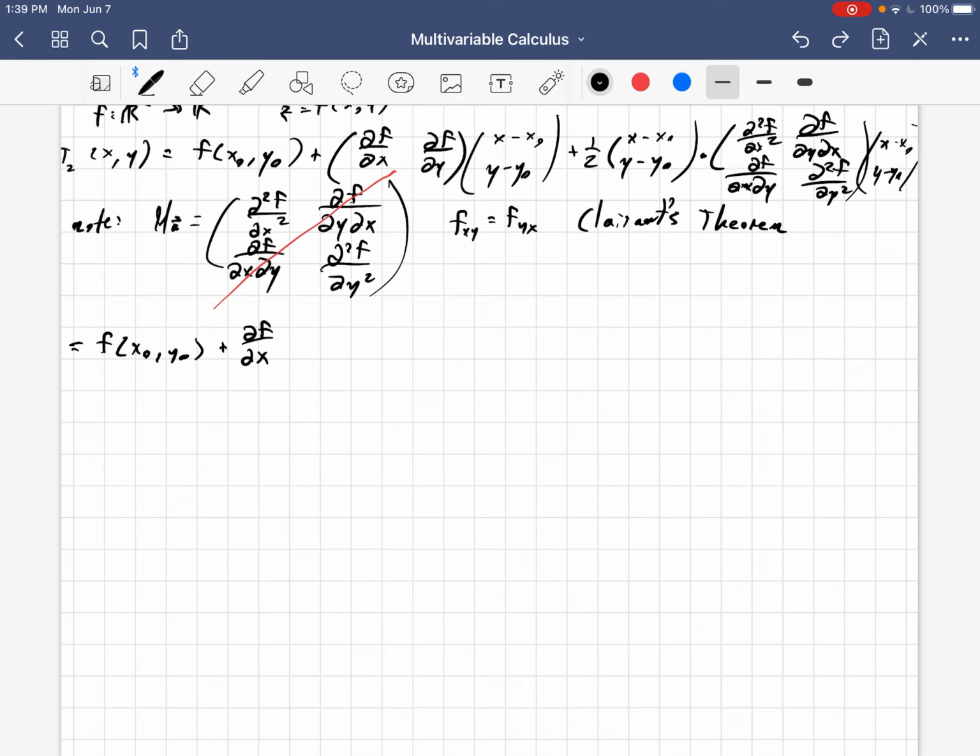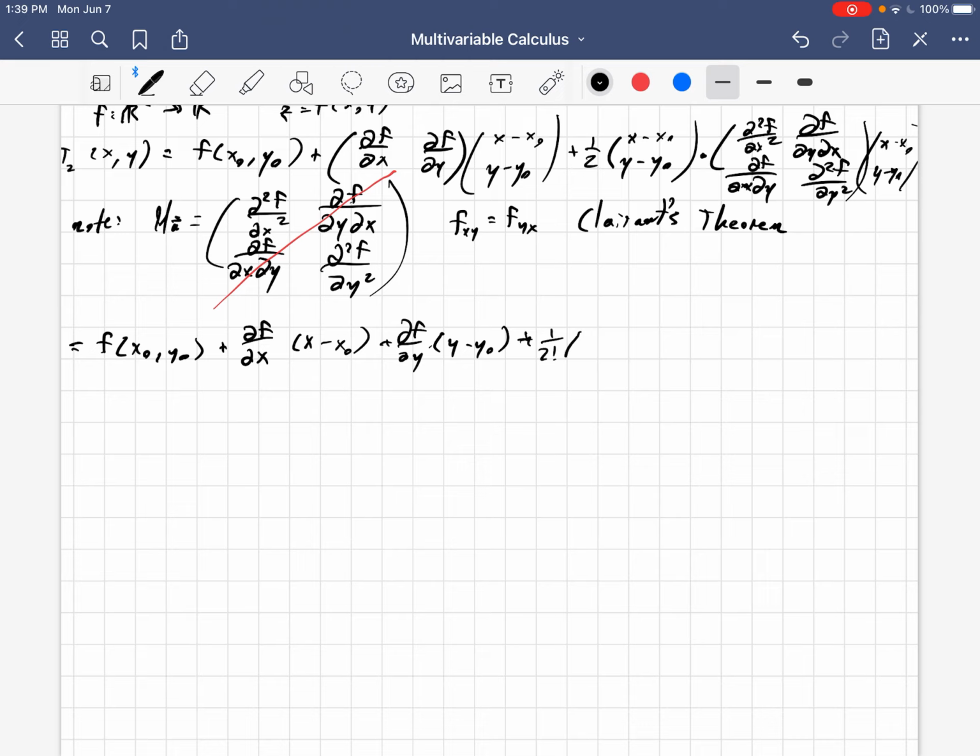Just implicitly know that that's what I'm talking about. So partial of f with respect to x, evaluated at x naught comma y naught, times x minus x naught, plus partial of f with respect to y, times y minus y naught, plus,